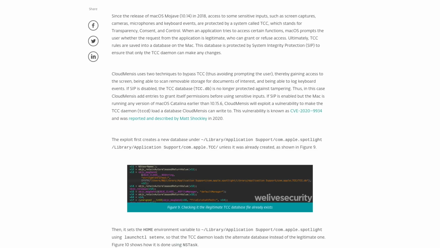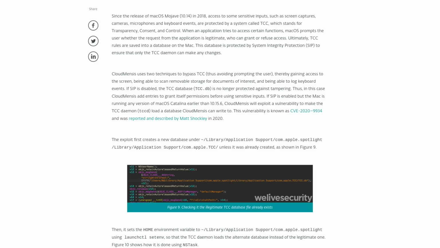Now, when CloudMensis is communicating back to its C&Cs, it uploads RSA encrypted reports about the compromised Mac on CloudCMD. And then to retrieve the commands that it's going to run on the Mac, it downloads an encrypted file containing those commands using CloudCMD. And for the larger data exfiltration, the malware just uploads an encrypted zip file to the cloud. So the developer is definitely taking some steps here to hide their intrusion and possibly obfuscate what data it's